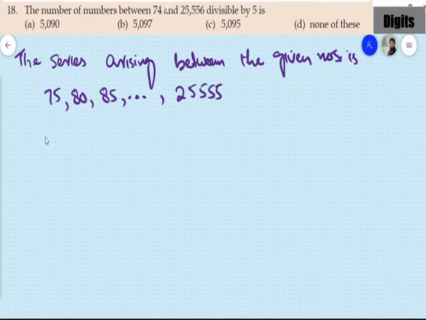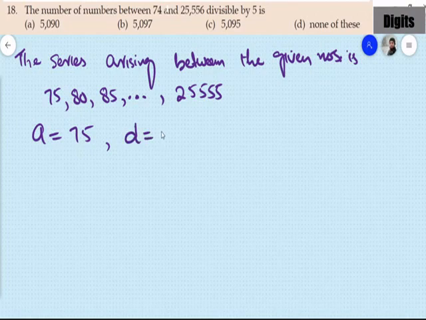Now from this series we know the first term is 75 and the common difference is 5, and here